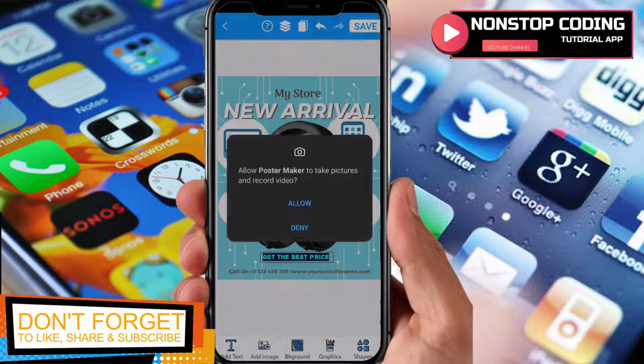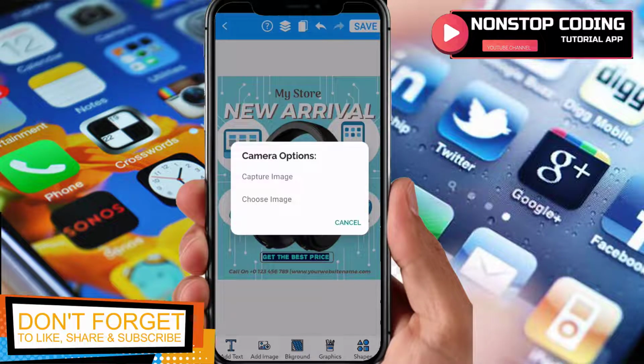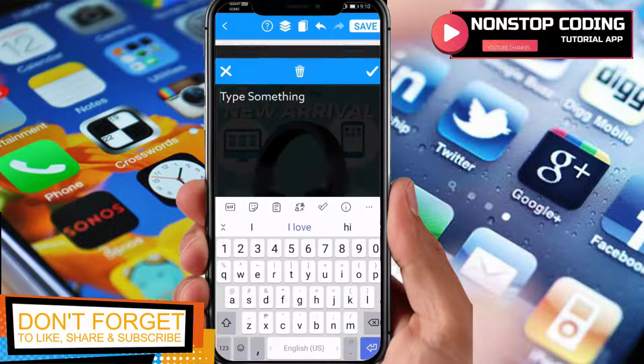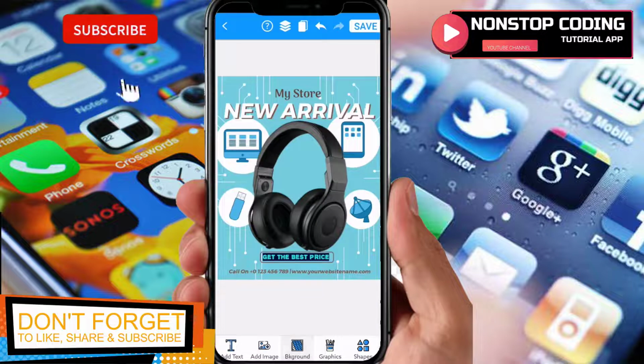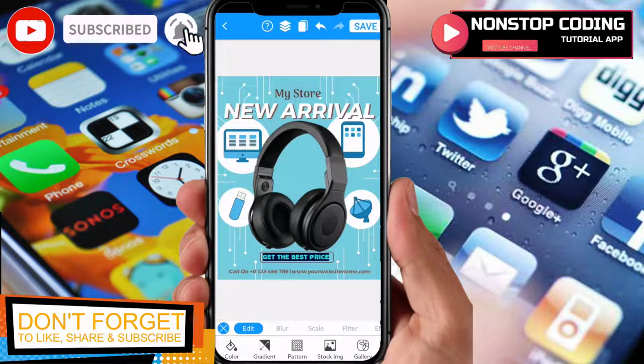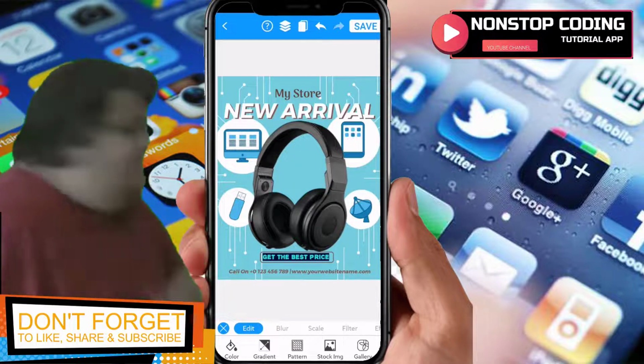So you can add image there, allow, and then you can choose capture an image or choose an image. It's up to you. I'm going to cancel it. Add a text there. You can then type something you want. Background, we already did this. Change the background. You have the option to change color, gradient, pattern. Stock images is where you can use their